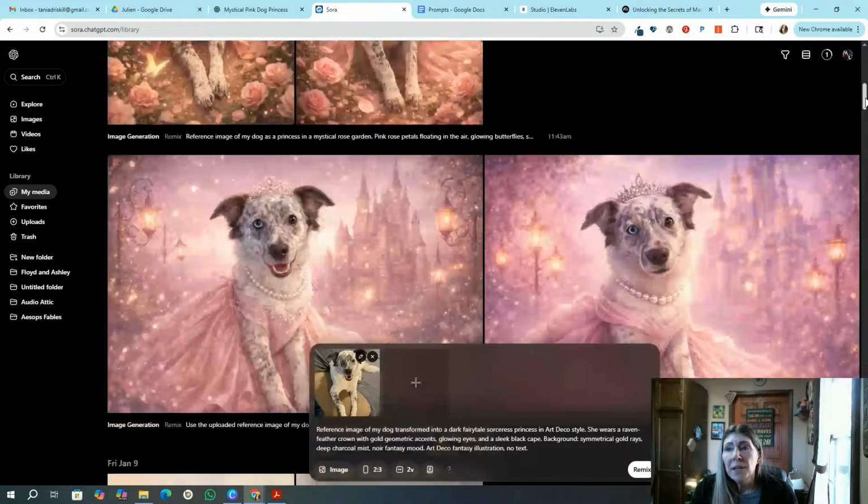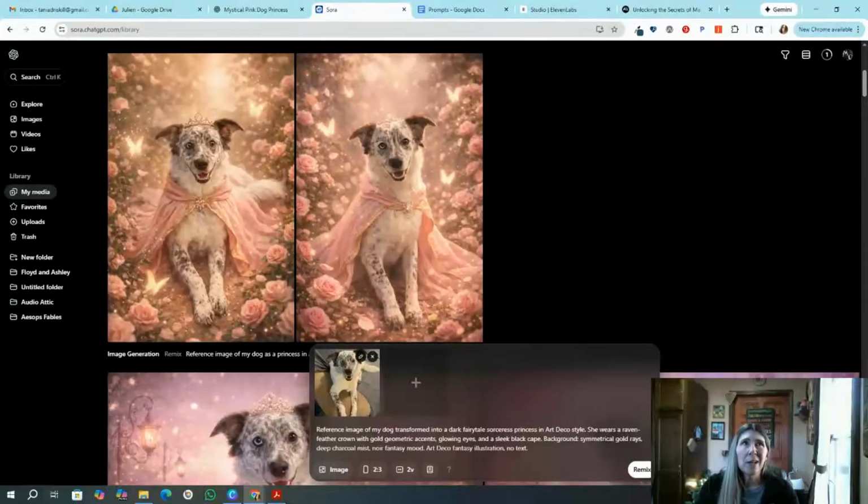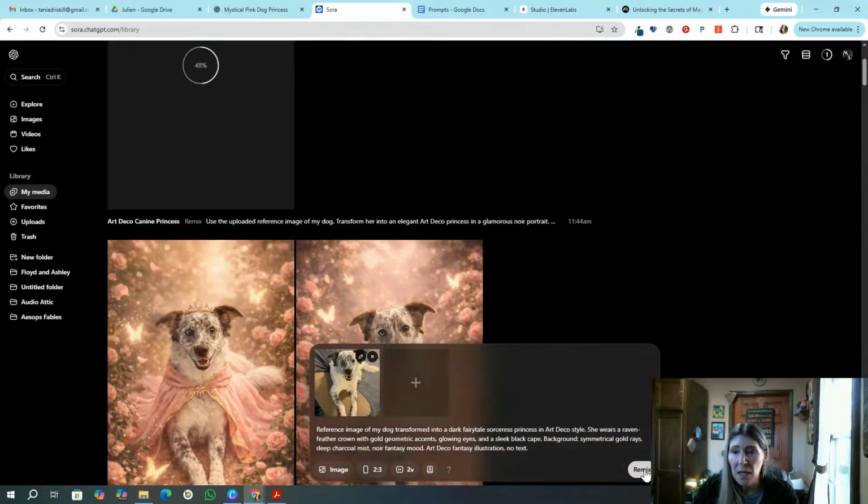This has only been possible in the last like 3 months of the image generators. In the past, it would capture a dog that was similar, of the same breed, but it would not capture the actual detail. So this is actually a new thing. That's why it is so amazing.